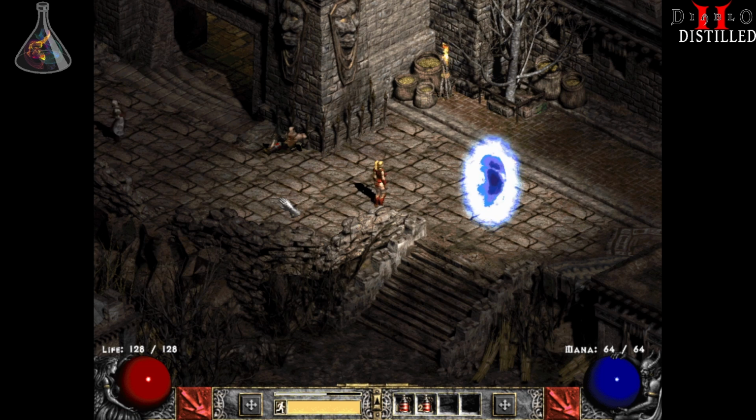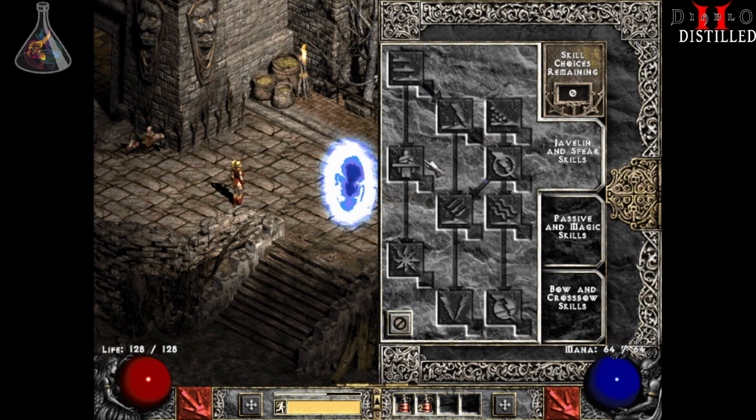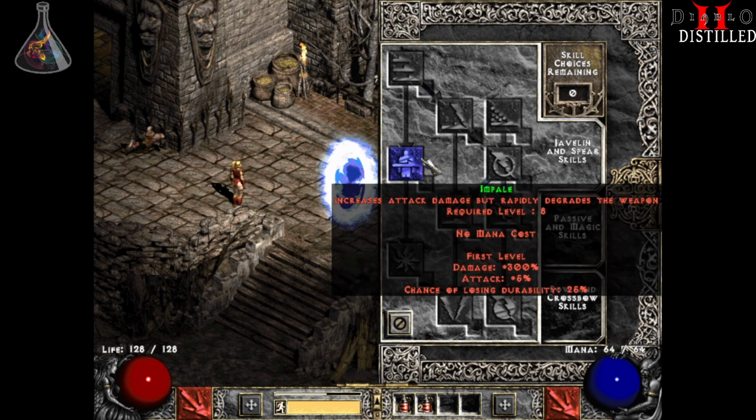It might have like a rollback speed where it animates a little bit faster. I might have copied something from Diablo 2 Resurrected early on. But, you know, that kind of thing. Keep clicking B for book, because this is not Diablo 1. But anyways, Impale